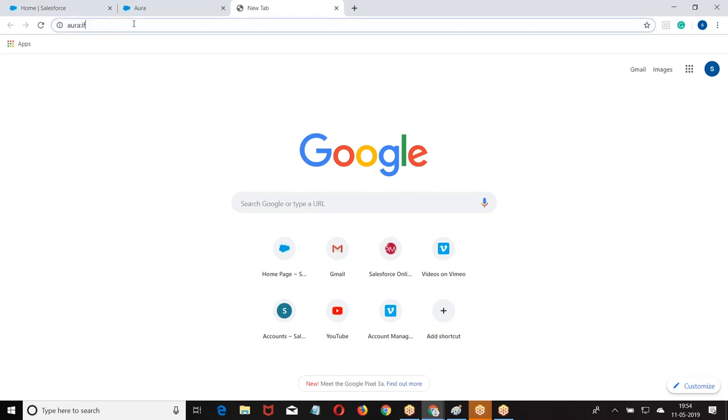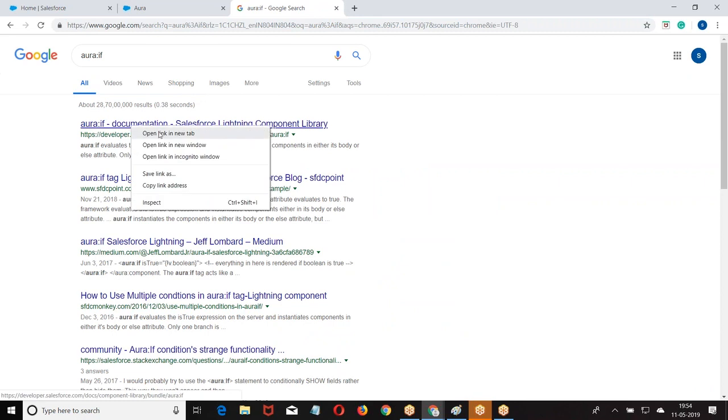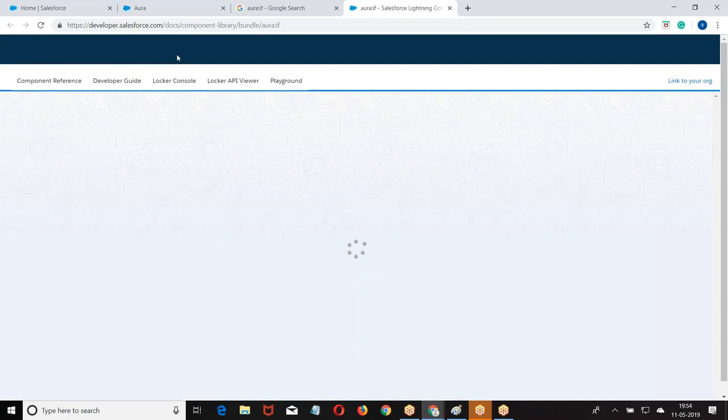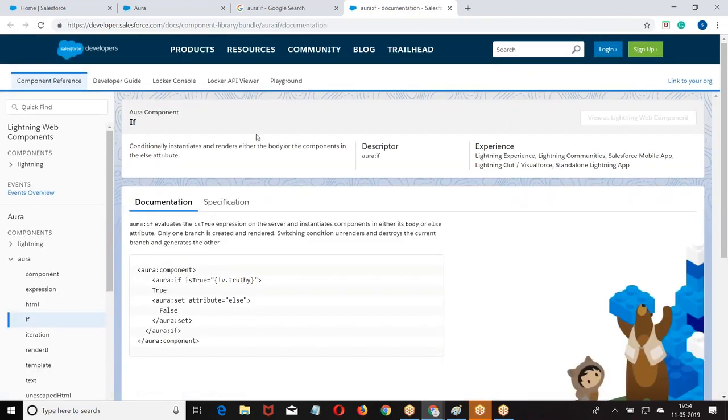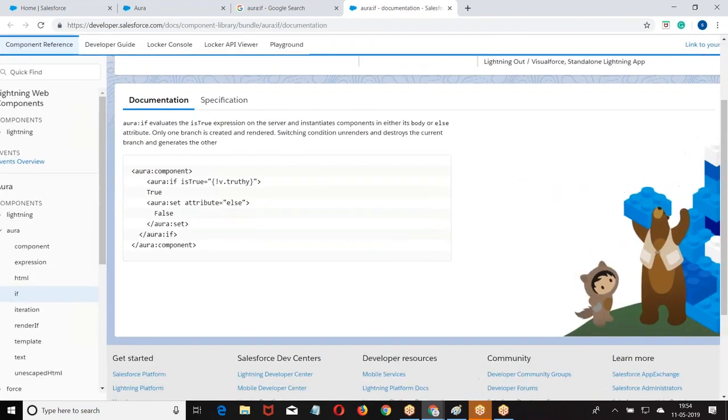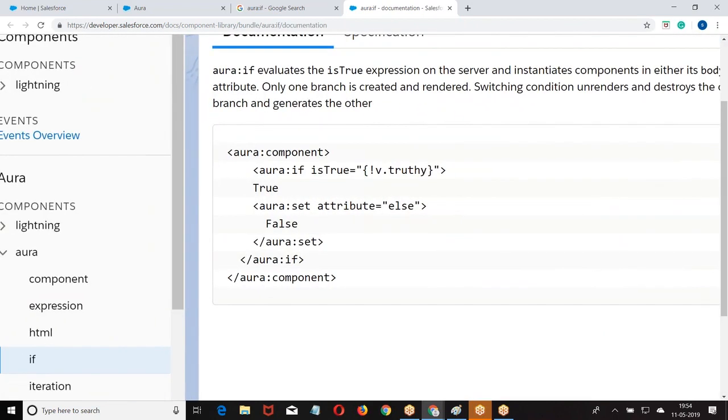Here I can use the same functionality with the help of aura if. Aura if is true: I am going to give a condition. If that value is true, then display this. Aura set, if it is false, aura set. If the value we gave in the attribute is true, this will run. Aura set attribute else.